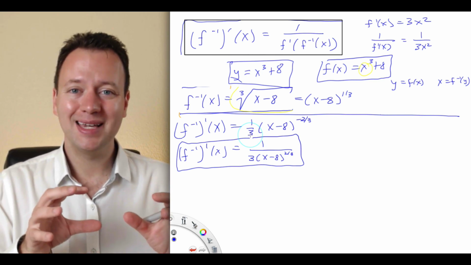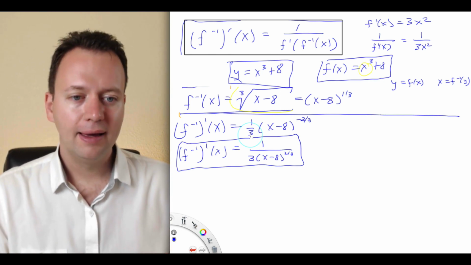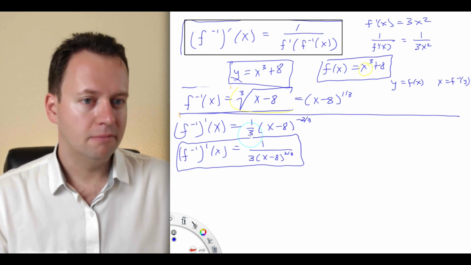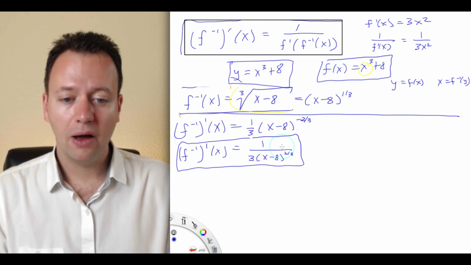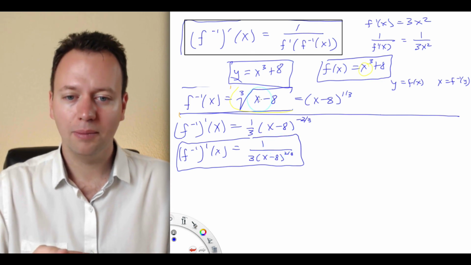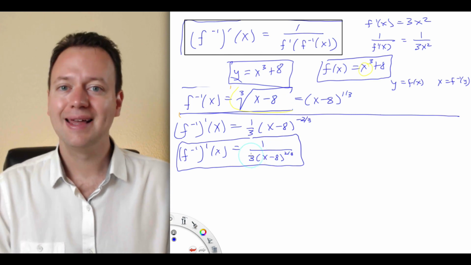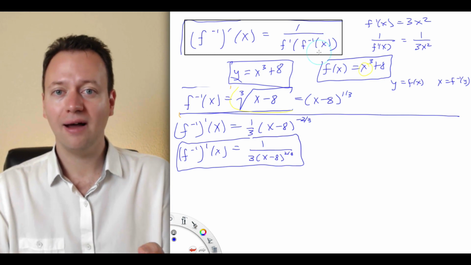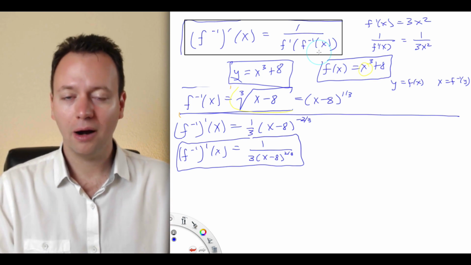Now oftentimes that can be a strenuous endeavor to undertake, especially if the inverse function is complicated or unwieldy. So this formula as a workaround is a nice thing to have. Now in this case, we didn't need it. The function was simple enough that we obtained an easy inverse function. It's just cube root of x minus 8, easy function to differentiate, and there we go. But it's still a good test to just see that this formula works correctly, because we have the direct way and then the formulaic way to compute this derivative, so we can compare the two and see if they're the